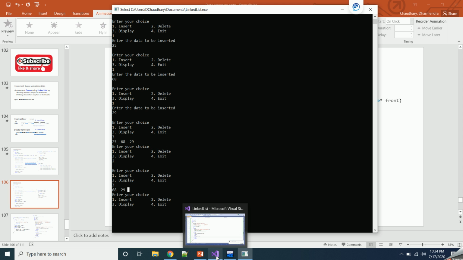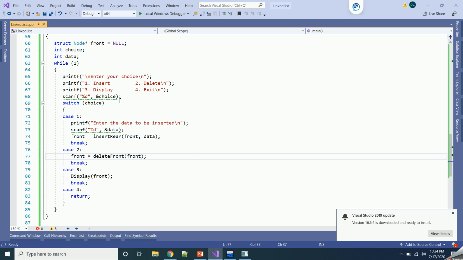Now let's see the code which helps us to do this operation. To give the options, we can print the information like this. In main we have a while loop, and in the while loop we are printing these options, and then we are reading the user choice. Basically it is either 1, 2, 3 or 4.